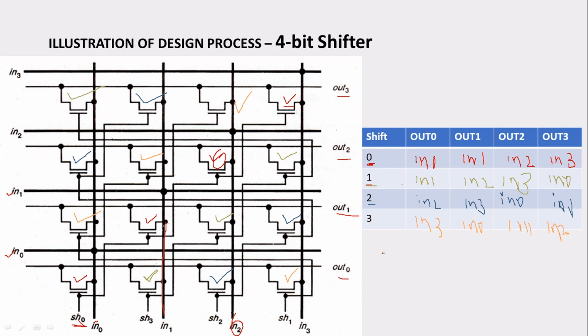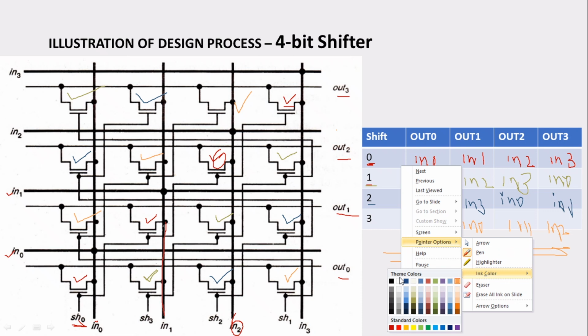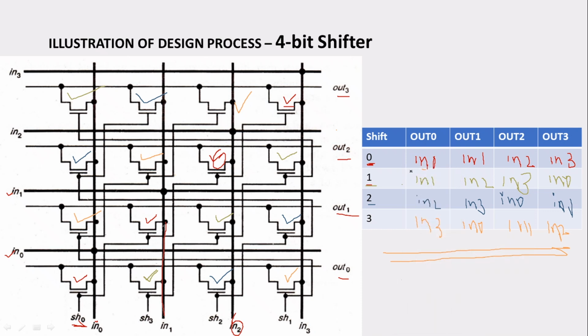So if you look at the truth table, it is performing as if there is a shift. Whenever there is shift 0, there are no operations, so it is no shift at all. But there is a left shift by 1, a left shift by 2, and a left shift by 3. So this is nothing but this is